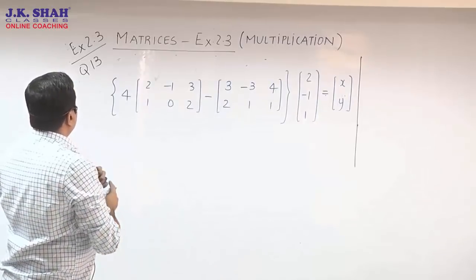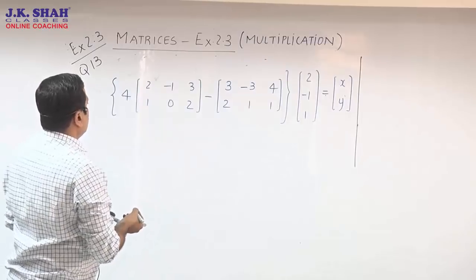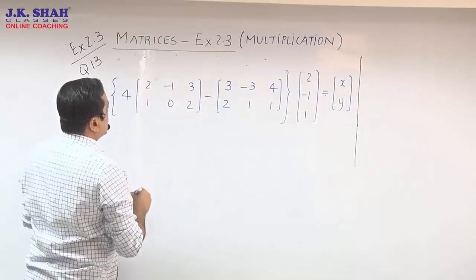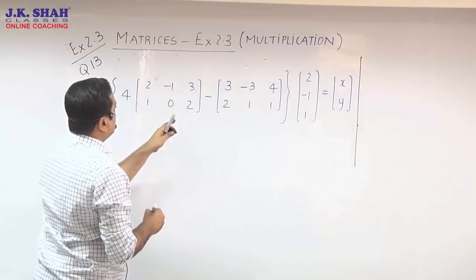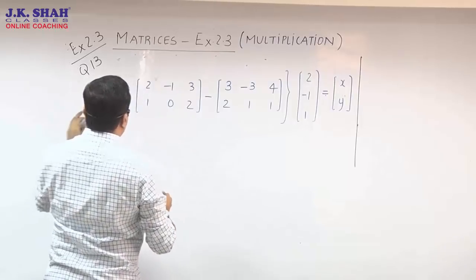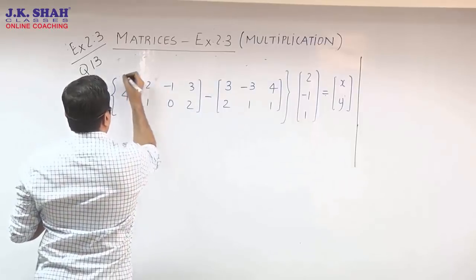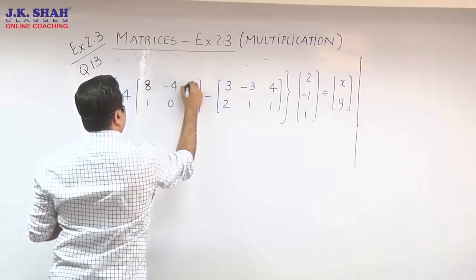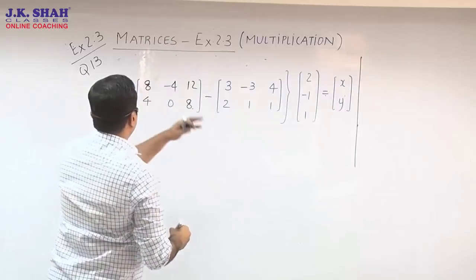This is question 13 from exercise 2.2. I think the question seems to be quite simple. You are supposed to find the elements of that matrix, x and y. Let's start with the curly brackets. Just need to push your 4 inside. Now this sum I would prefer that you see the video, and the next sum we will start together. In this video I think you're not supposed to pause anywhere. Let's see one complete sum. Pushing 4 inside is like multiplying all the elements with 4. So we have got minus 4, 12, 4, 8. The 4 is gone. Now let's finish off subtraction.